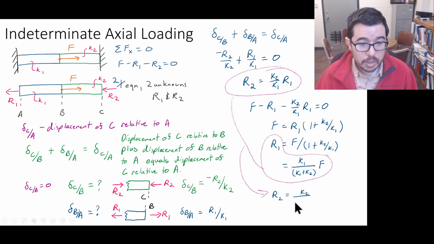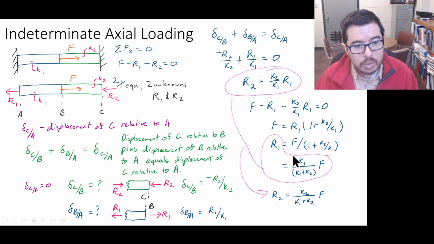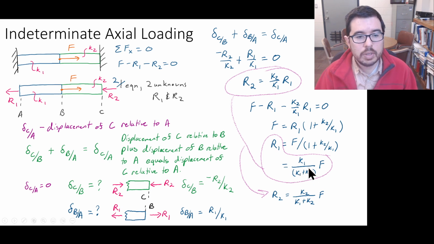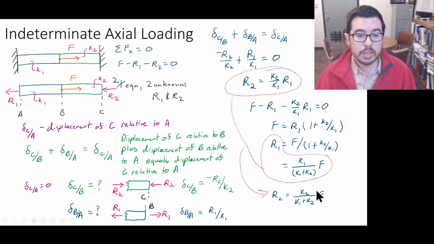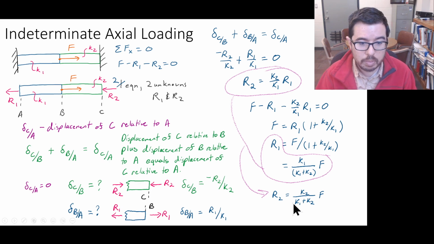And we get, you can plug in R1 up here if you like. So you could do it either way. But we get that the R1 internal force is equal to K1 over K1 plus K2 times F, and the R2 internal force is equal to K2 over this quantity K1 plus K2